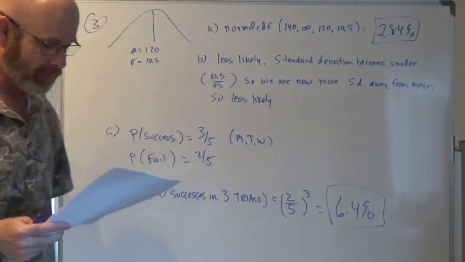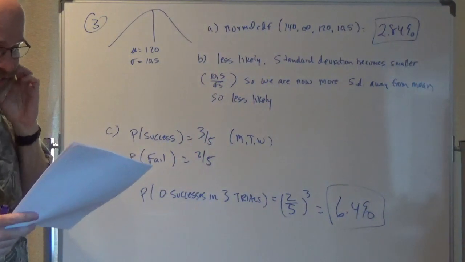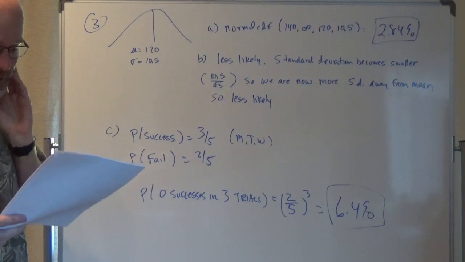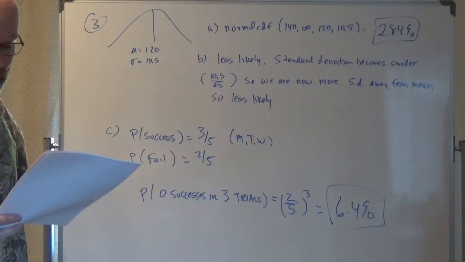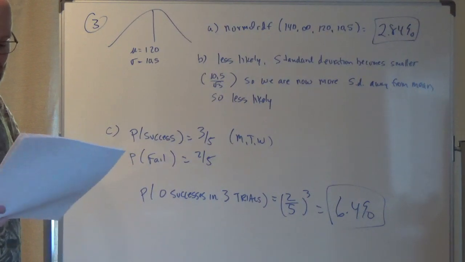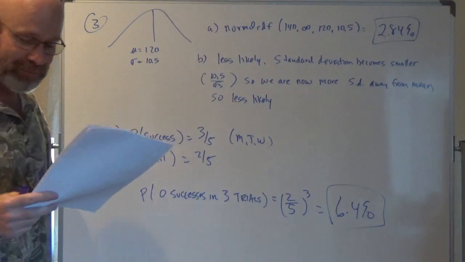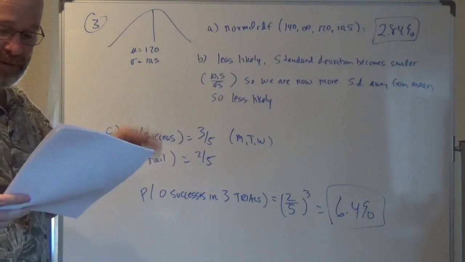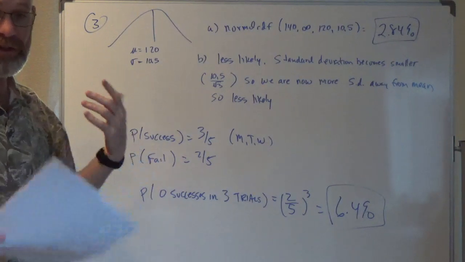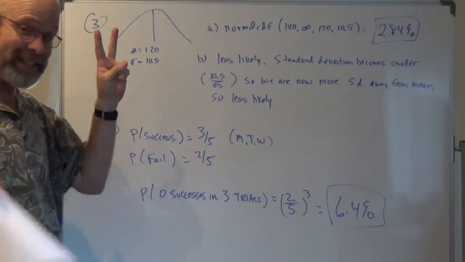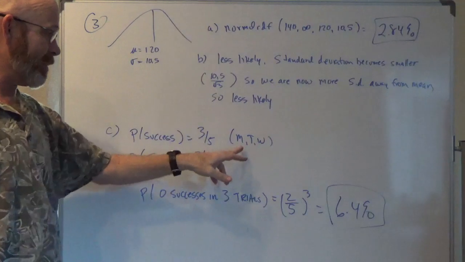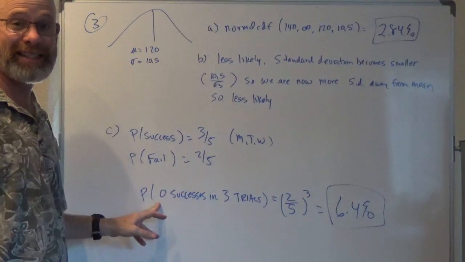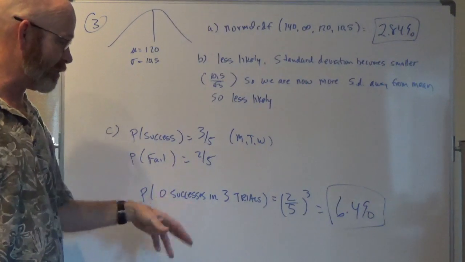And then part C says a typical high school week consists of Monday, Tuesday, Wednesday, Thursday, and Friday. They believe the number of absences is greater on Mondays and Fridays, probably true. So they don't want to pick those days. If a school day is chosen at random from 3 typical weeks, what's the probability that there's no Tuesday, Wednesday, Thursday? So success in this case would be picking a Monday, Tuesday, or Wednesday, 3/5 chance. Failure is a 2/5 chance. We want 0 successes, so no Tuesday, Wednesday, Thursdays in 3 trials.